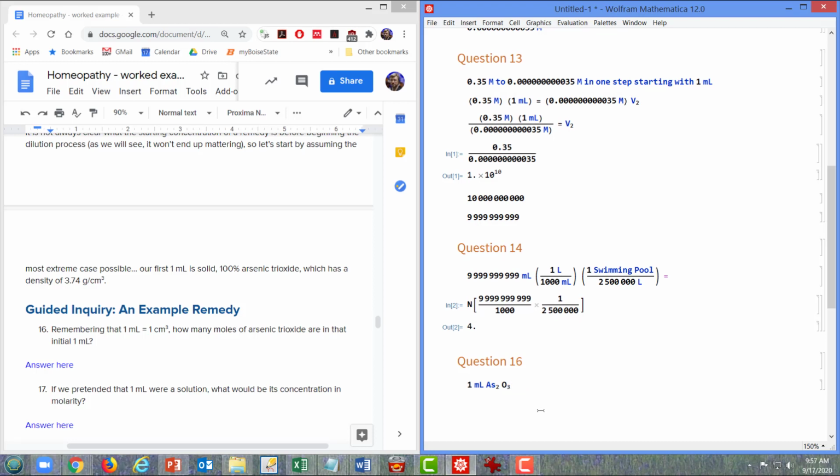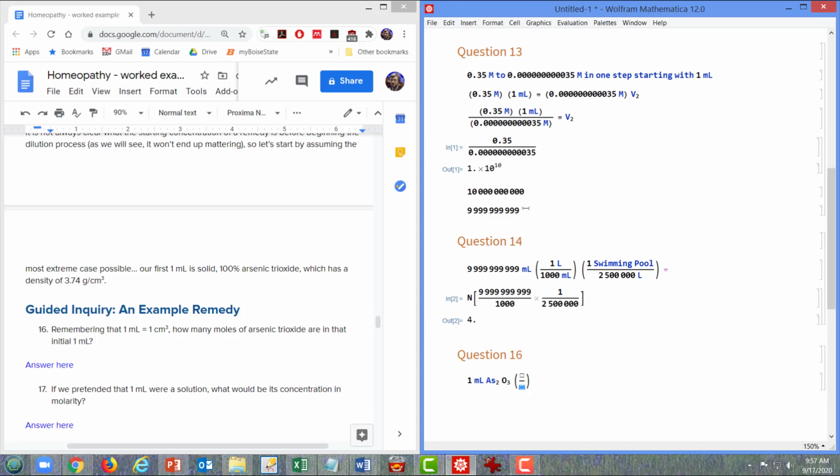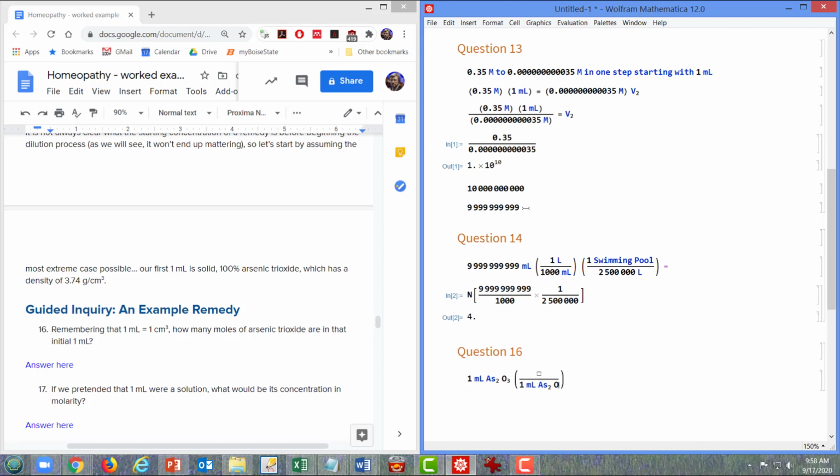We now need to convert this into grams, so first we need to convert to cubic centimeters and then to grams. So 1 milliliter arsenic trioxide is 1 cubic centimeter